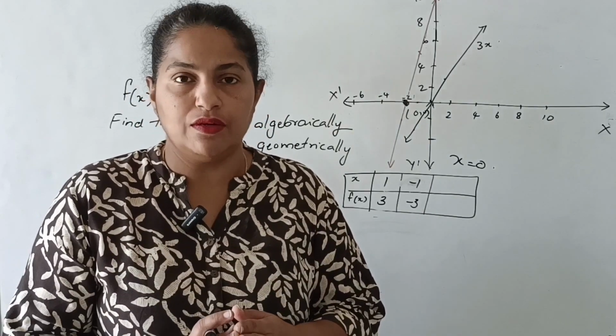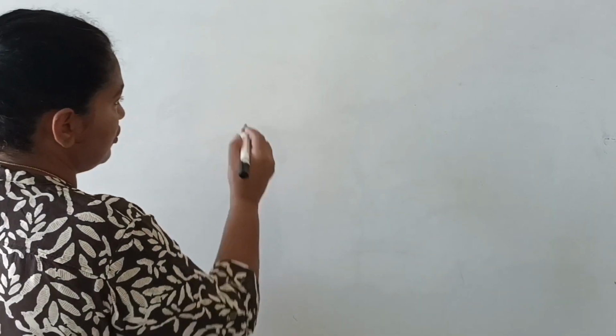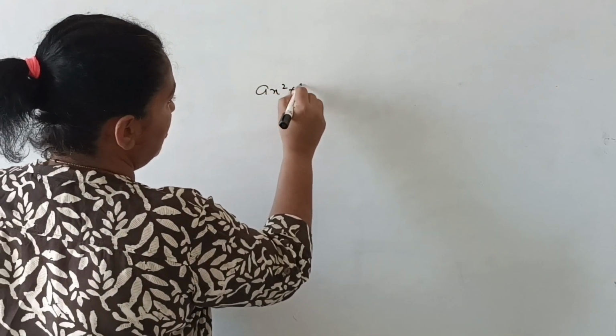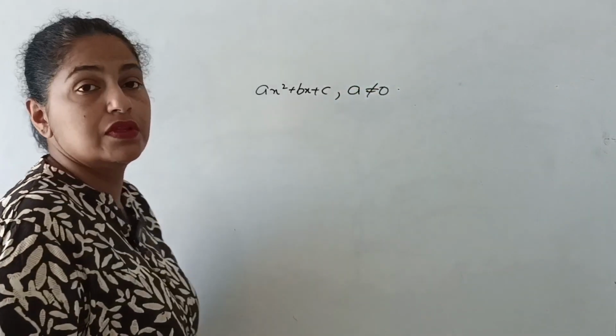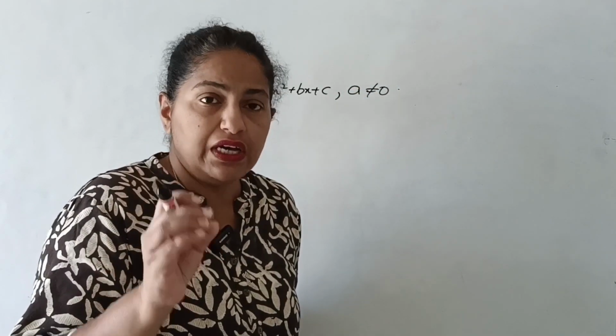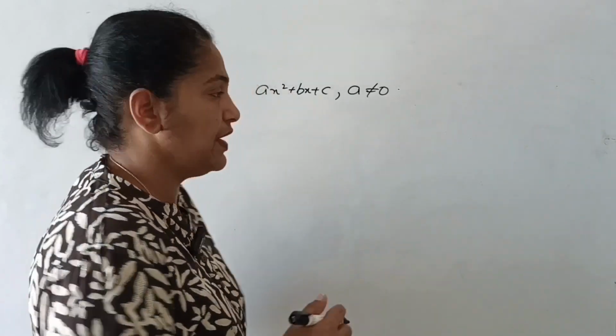Now that you are clear with linear polynomials, let us move on to quadratic polynomials. You know how to represent a quadratic polynomial in the general form, which is ax square plus bx plus c, where a is not equal to 0. Correct? If you are plotting a quadratic polynomial graphically,